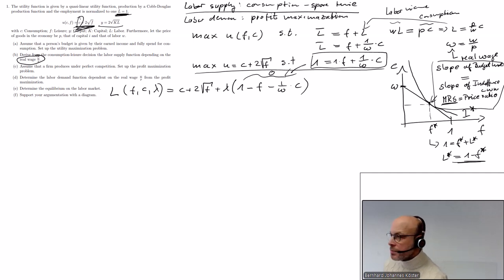In order to optimize this, what do I have to do with this function? Yeah, in the end, but the starting point: we take the derivatives with respect to all variables. So first of all, dL with respect to f,